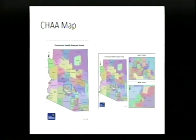This shows the CHAAs around the state. These are actually based on a community health analysis area that was created as part of a different law. The state found it convenient to use these same analysis areas for medical marijuana. I realize this is small to look at, but the Chino Valley is this pink area that I'm hovering over